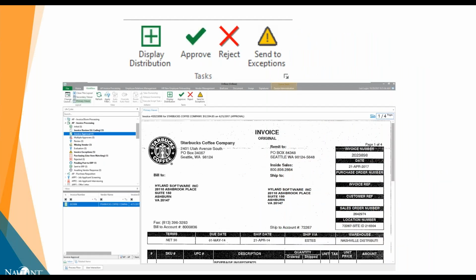To do that, we can present our user with actions or choices to guide the item forward or backwards through the process. In the OnBase workflow, we call these ad hoc actions. Wherever you see an ad hoc action, you should be asking yourself, is this an opportunity for me to automate this particular task? Because an ad hoc action is requiring human input, which means it's stopping our workflow and it's slowing things down.